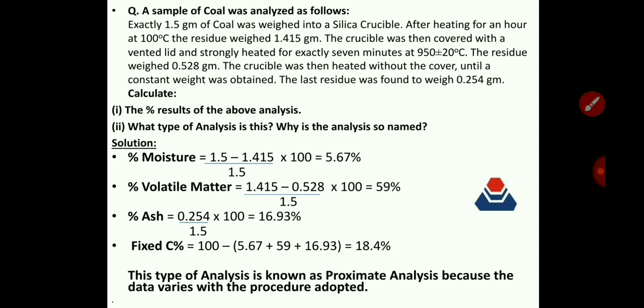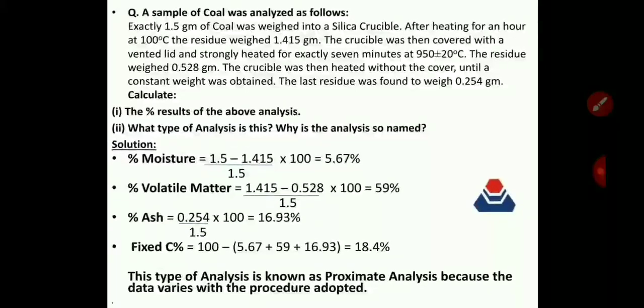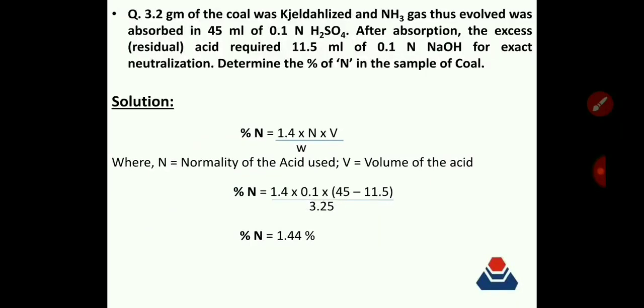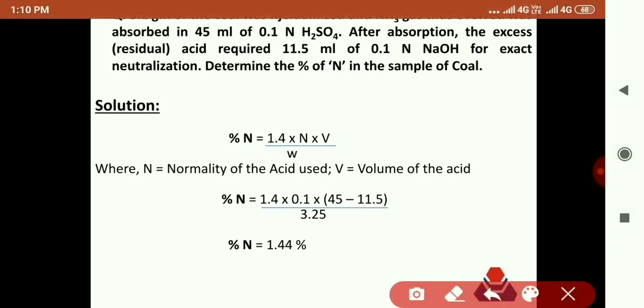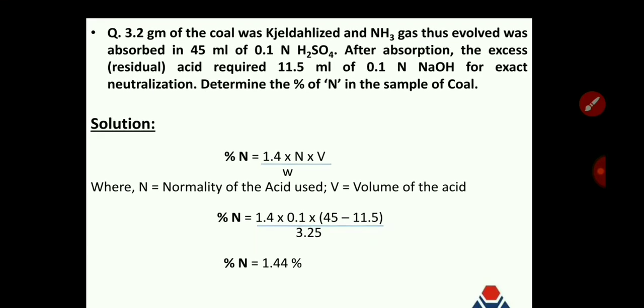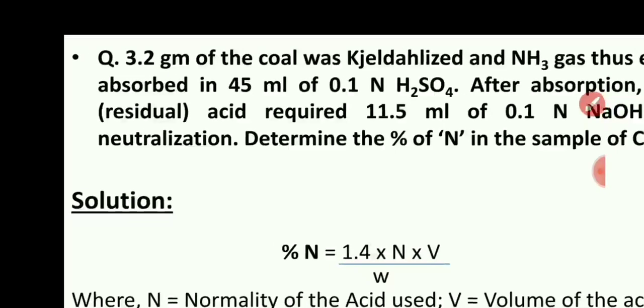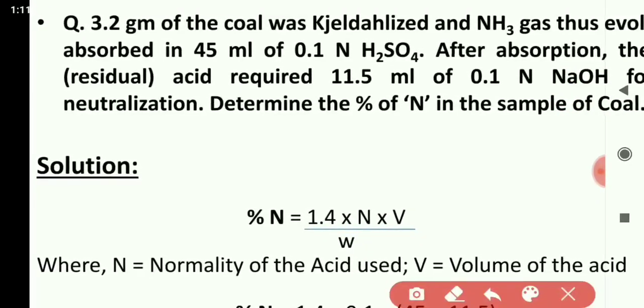So this is the problem which is related to proximate analysis of coal. Now let us come to the next question. Now here you can see that it is related to the determination of percentage of nitrogen, right? So the question says 3.2 gram of coal was gelatinized and ammonia gas thus evolved was absorbed in 45 ml of 0.1